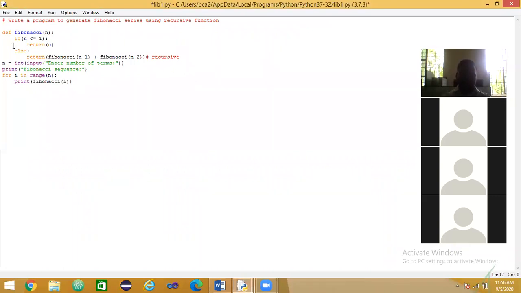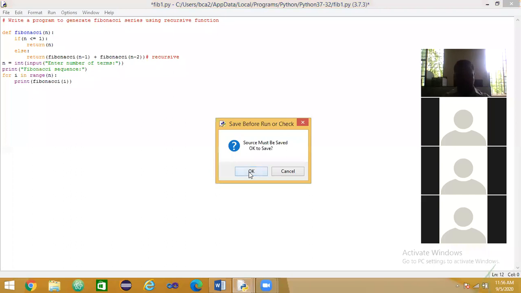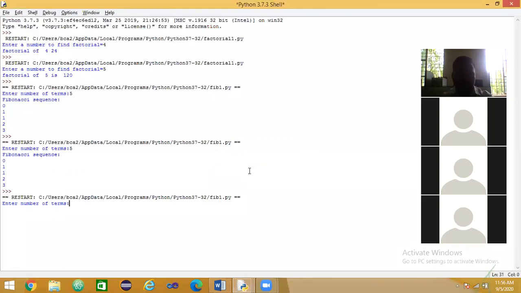No, sir. Okay, good. See here. If I use the next series, for example 7, it displays the 7 values 0 1 1 2 3 5 8.